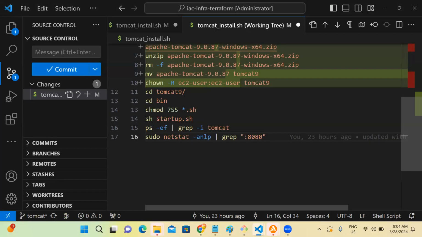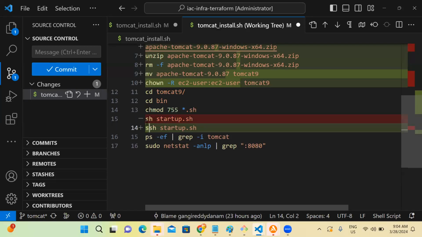So here, what you could do is sudo, not sudo, because you are already the root user, su - ec2-user. This is the command. Why are we running it? Because this will be executed by the root user, but I wanted to start Tomcat with EC2 user. Here, with the root user, you are switching and then executing this command. That's what it does behind the scenes. Cool. Let's push